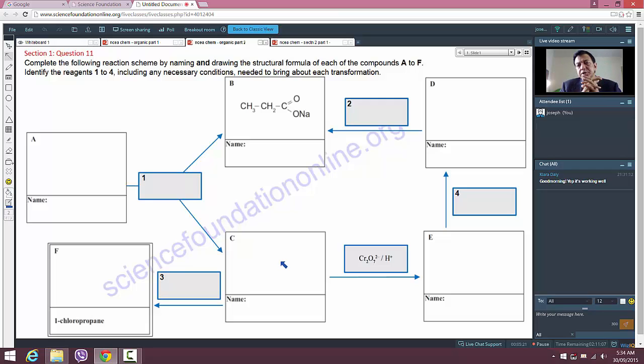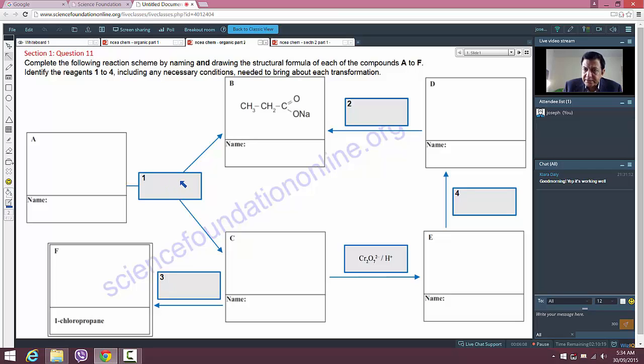Now, this is the important part about understanding how to do these questions. Your mind has to start to think, what sort of reaction do I know about by which I can produce the sodium salt of an alkanoic acid as well as another organic product? One such type of compound that you know about is an ester. So A, therefore, must be an ester of propanoic acid, and this reaction 1 must be warming with aqueous sodium hydroxide solution